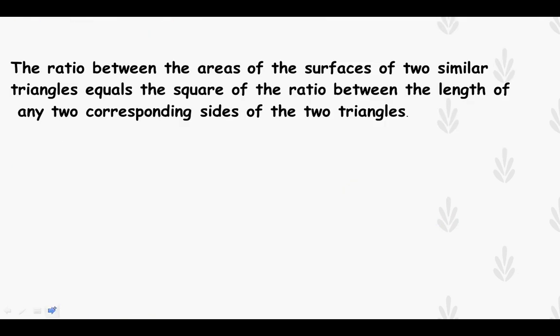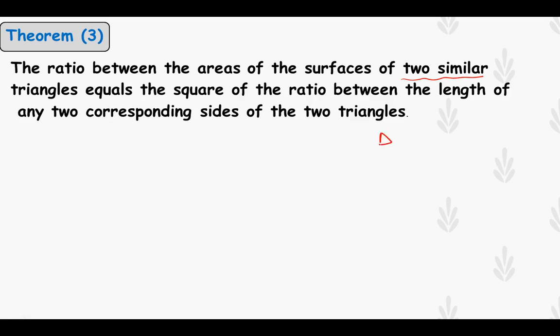Let's go to another idea. Theorem 3. The ratio between the areas of the surfaces of two similar triangles equals the square of the ratio between the lengths of any two corresponding sides of the two triangles. So if we have two similar triangles, okay,